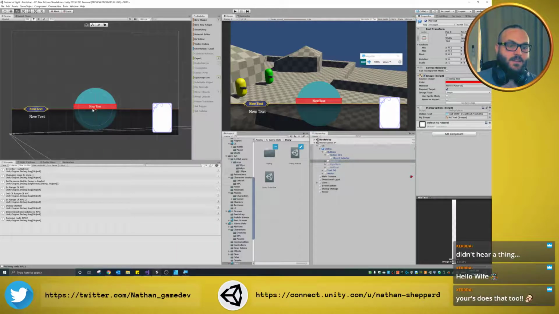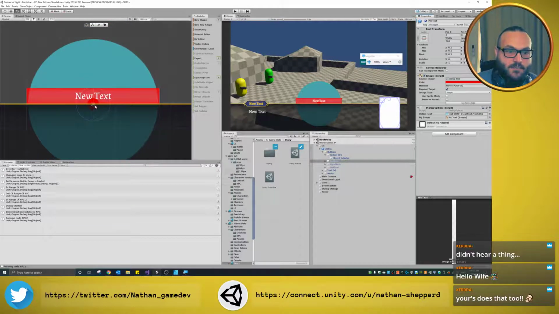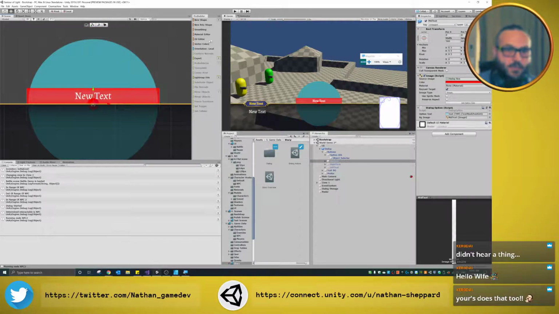Okay. So you can see here the pivot is on the very bottom in the middle. If the pivot was anywhere else, say this object was sitting over here and the pivot was on the far left, it would look a bit funny if it was in the middle like that. So we need to mathematically set the pivot just so it looks a bit nicer. And when we're in game,